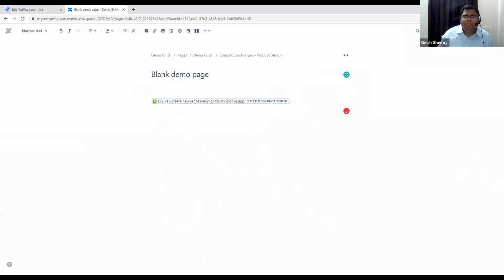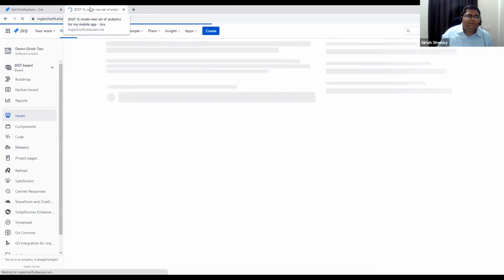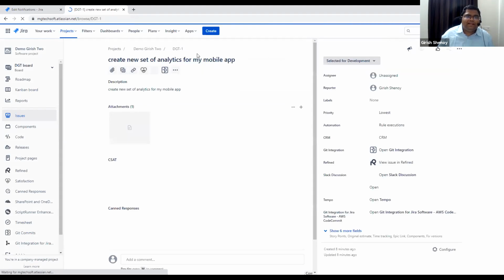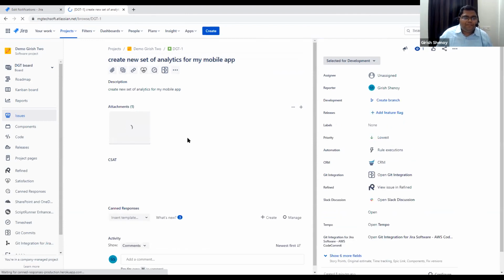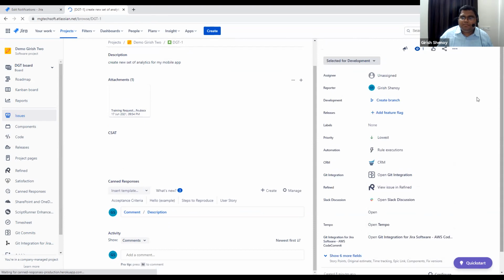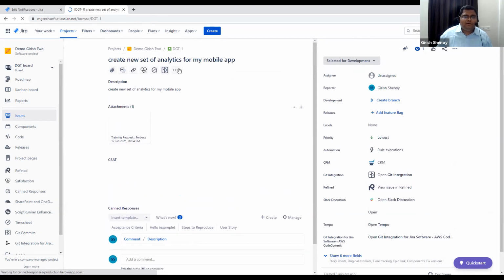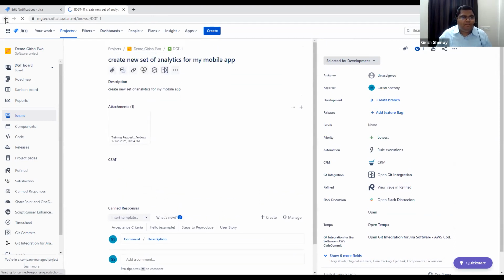So if I go and click on publish, I'll just show you how this page looks, right? So you see that this Jira issue link is mentioned here. Now, if I click on this link, it will straight away take me to the Jira page. DGT1 is the issue. So this is the Jira issue, which was mentioned in the Confluence page. So if I go back,